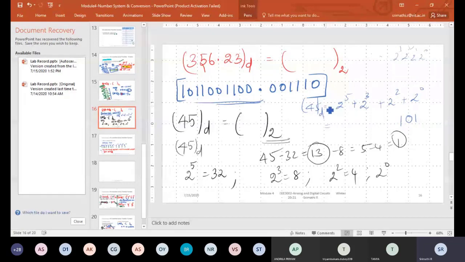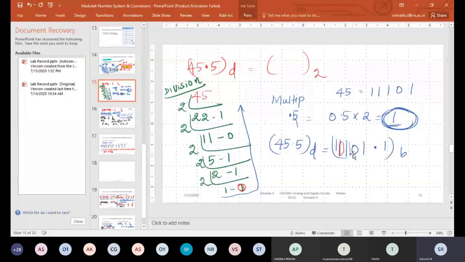As you know, the binary system is represented by zeros and ones. If I'm having that weighted position, then I'll make it as 1. If I'm not having that position, I'll make it as 0. So after 2, 3 is there, so write it as 1. 4 is not there, so make it as 0. 5 is there, so make it as 1. So the equivalent of 45 decimal is 101101. Yesterday we have done this. 101101, that is your 45 decimal.